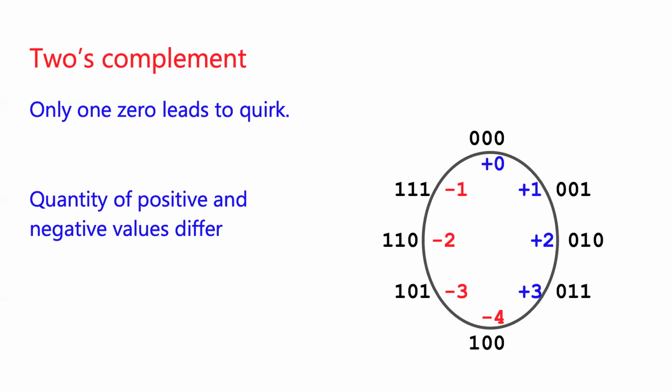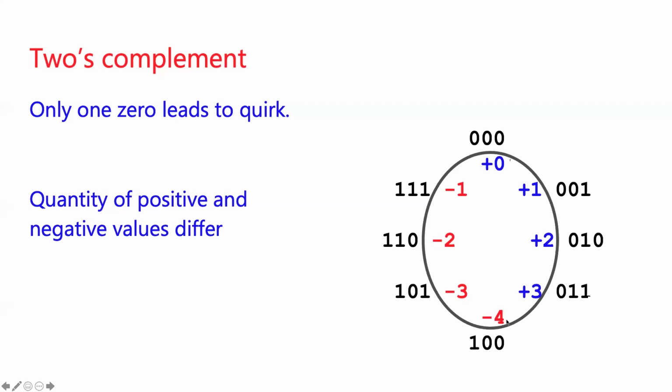It gives you one extra negative value, which means we've got some asymmetry around 0, and we got one special case for overflow that we otherwise wouldn't have to worry about. What I mean is, if you take +3 and you negate it, you get -3, which is what you'd expect. Same thing for any other value. If you take 0 and negate it, you get 0,